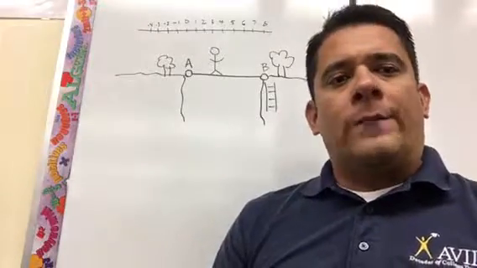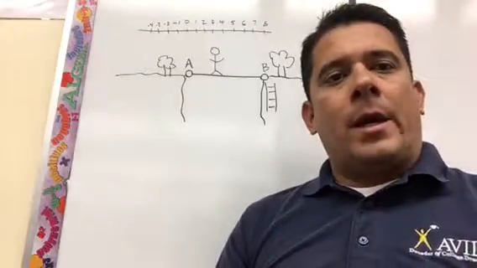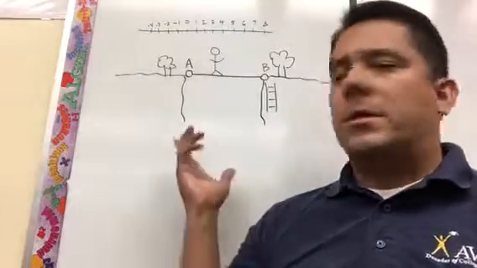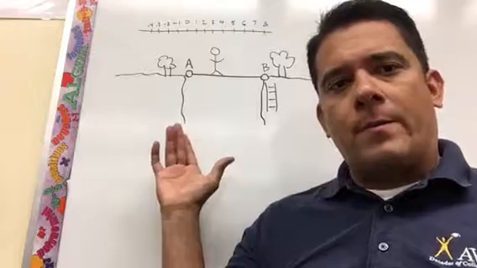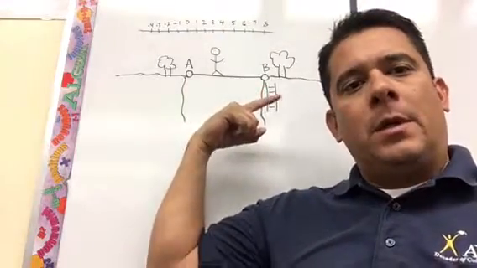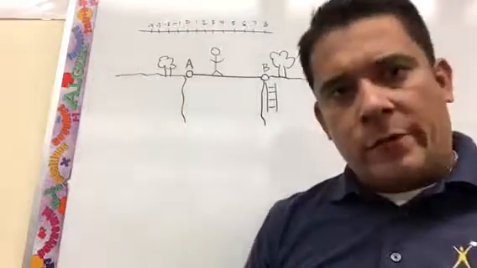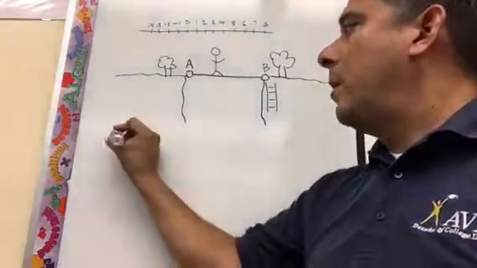Hi, the focus of this video is adding integers. And what we're going to use today is the scenario of a tightrope walker walking across a tightrope from point A to point B, finishing his routine, walking down the ladder, it's over. Now, we're going to use it to